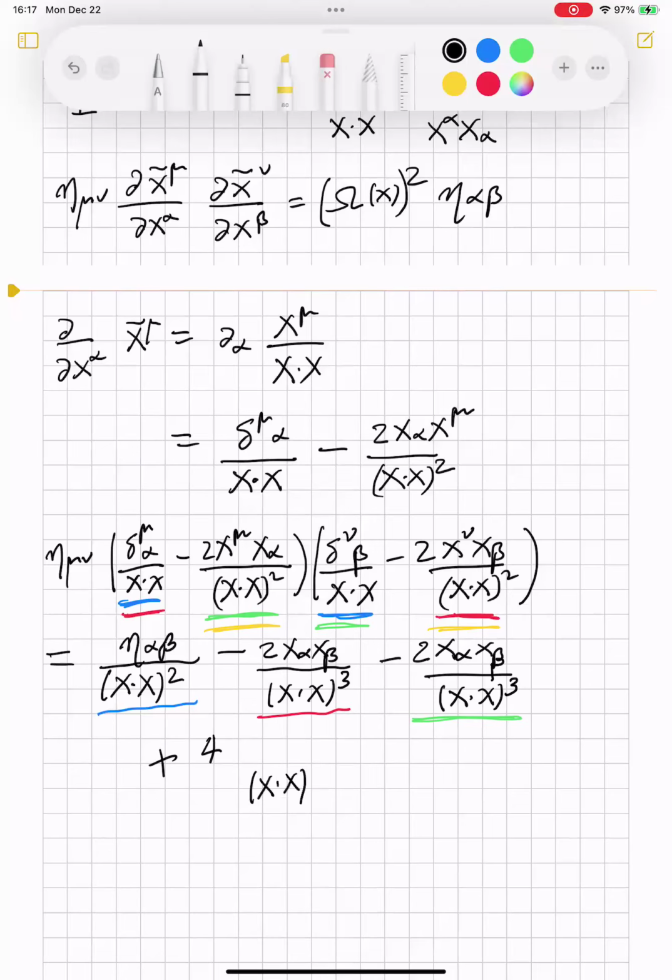Now, look at this. Remarkably, if we add the second and the third terms, we get minus 4 x alpha x beta over x dot x cubed, and that exactly cancels against the fourth term. So those three terms